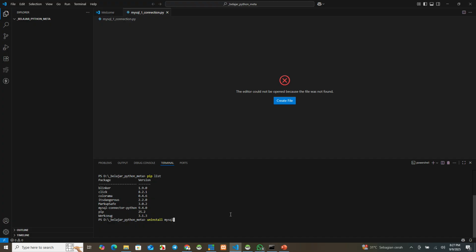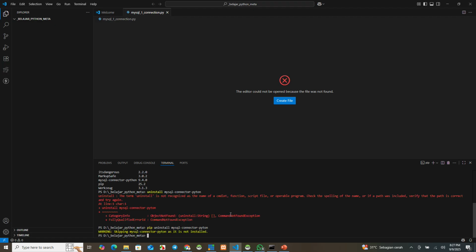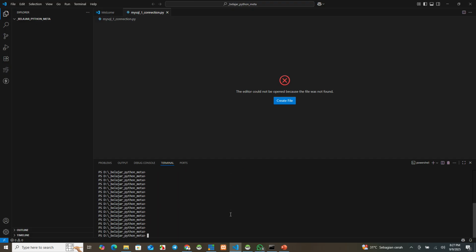MySQL connector Python. Pip uninstall MySQL connector Python. Okay, not installed.